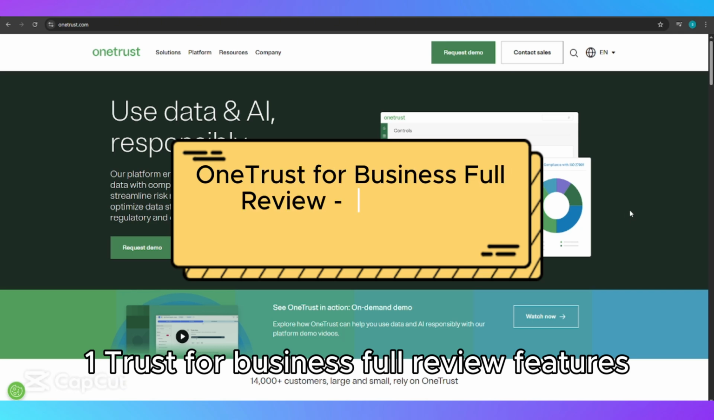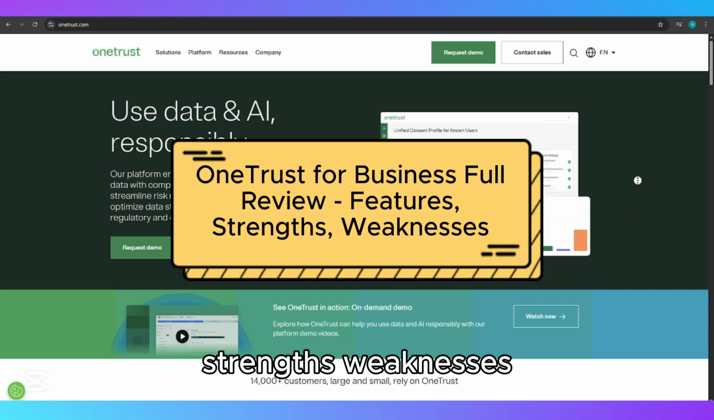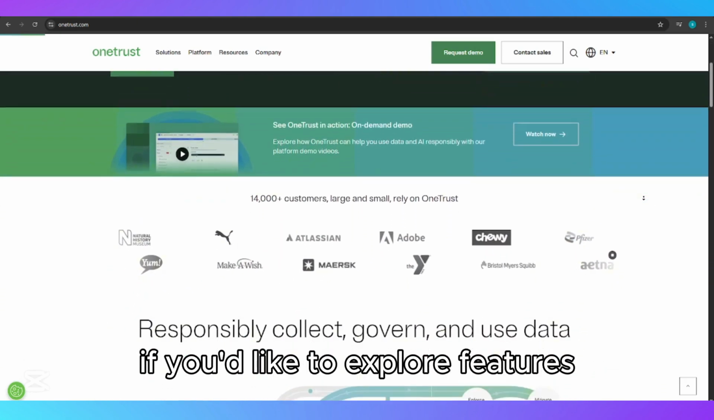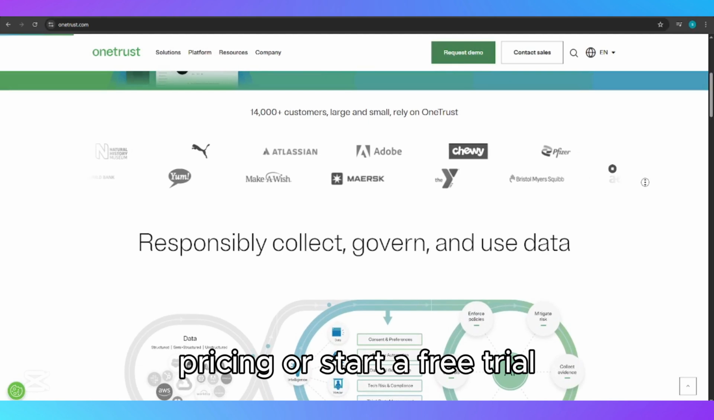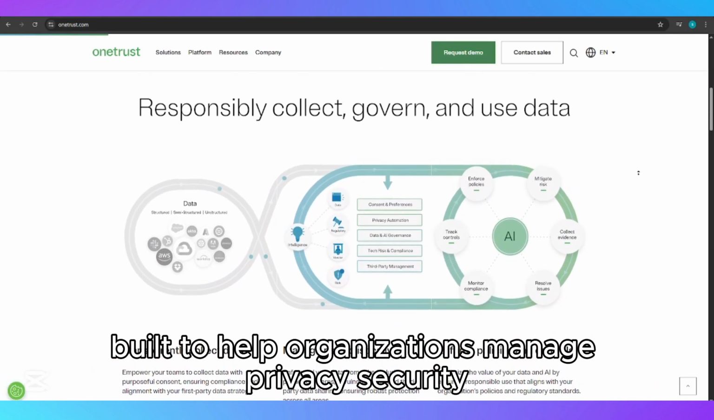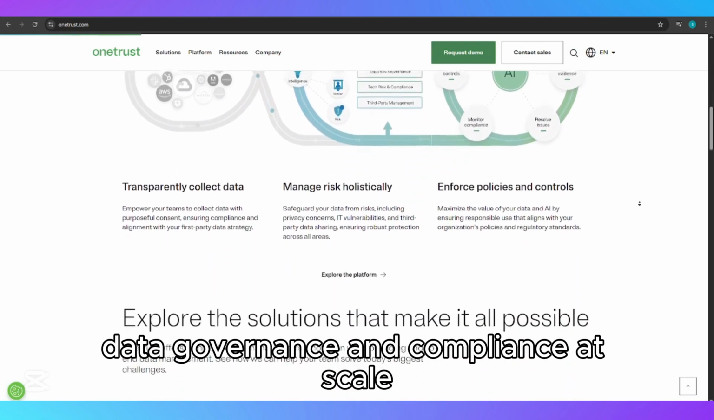OneTrust for Business full review. Features, strengths, weaknesses. Links to the product are included in the description if you'd like to explore features, pricing, or start a free trial. OneTrust is a market-leading platform built to help organizations manage privacy, security, data governance, and compliance